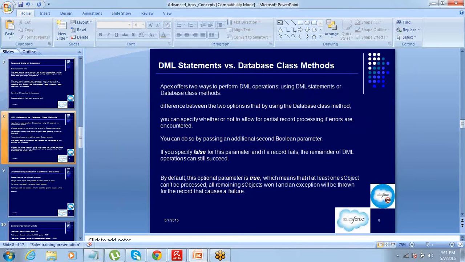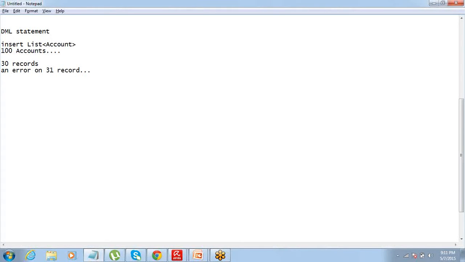When I say database class method, it is written like this: Database.insert. So Database is the class, and there are default methods there, like insert. The insert method basically requires you to give two parameters. First parameter is the list of accounts or whatever records. Let's say list of account.